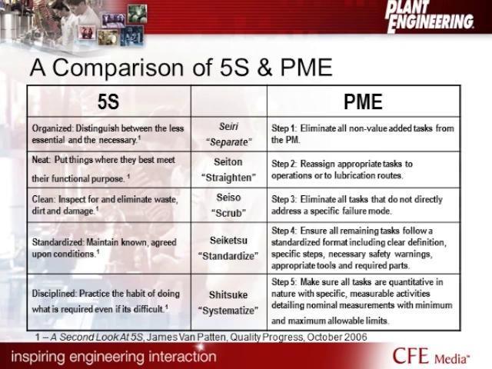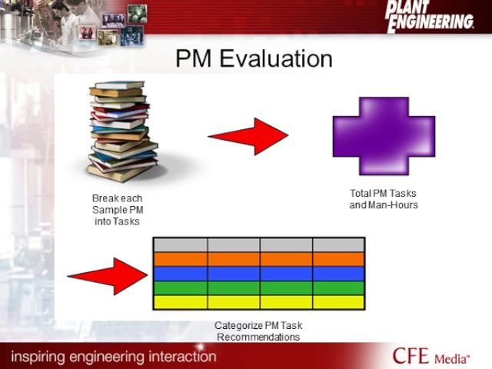We're going to move on to the next slide. And this is how that looks for us. So we're taking those individual PM tasks. We're breaking them down into their components. We're looking at the total amount of hours associated to each of those. We're going to eliminate those non-value-added activities. We're going to reassign the tasks that we can to operations. And we're going to reassign maybe to lubrication routes or others to begin to get more efficiency in our process.